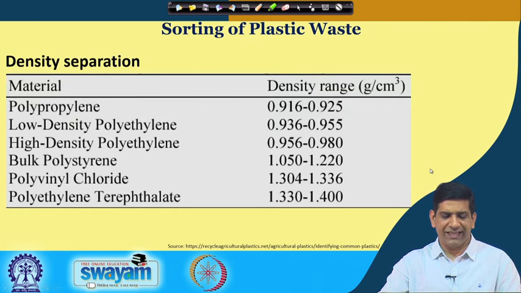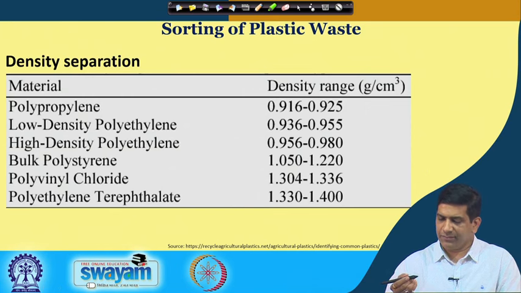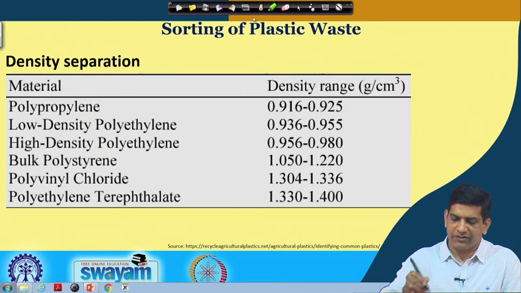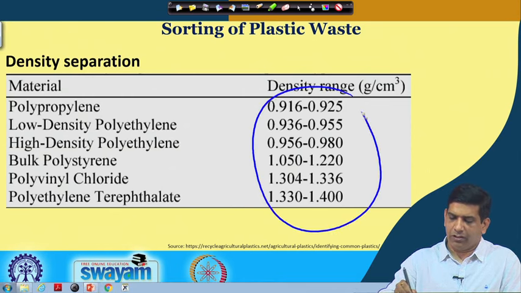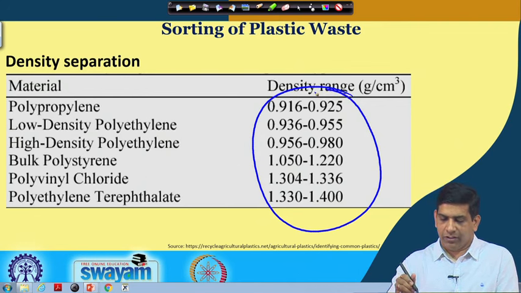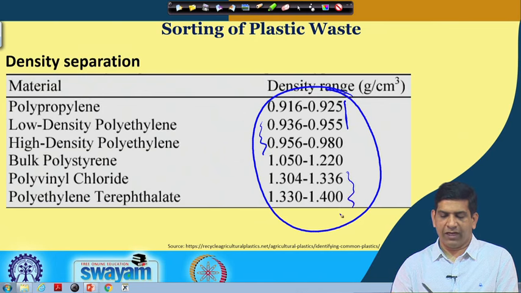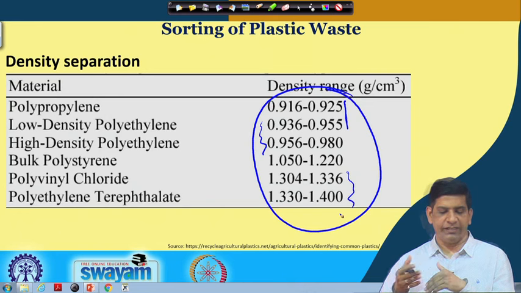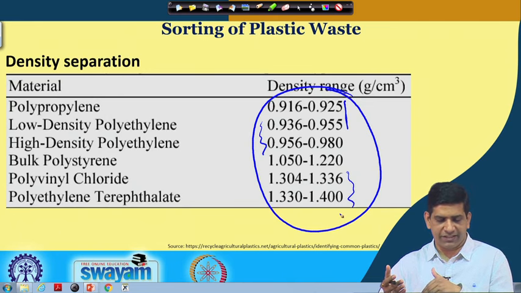If density, as you can see, there is some density range. Sometimes it is not too diverse, there are a lot of overlaps, because as you can see, these two have an overlap, then these two also have an overlap, and again there will be some overlap here. So, there are some overlaps. So, you will have issues getting these two different types of plastic separated, but it does help in terms